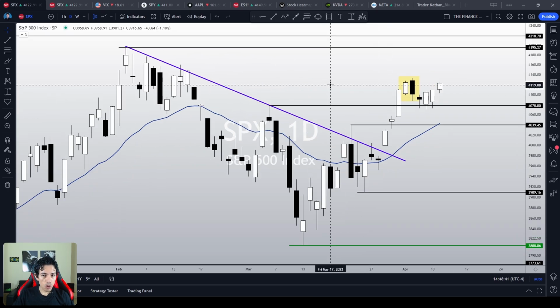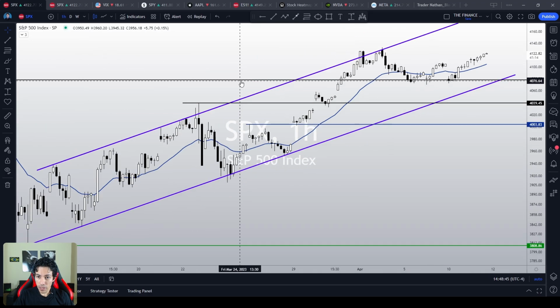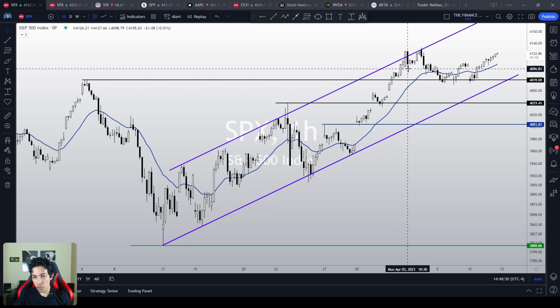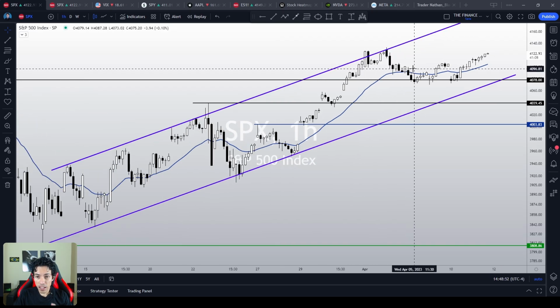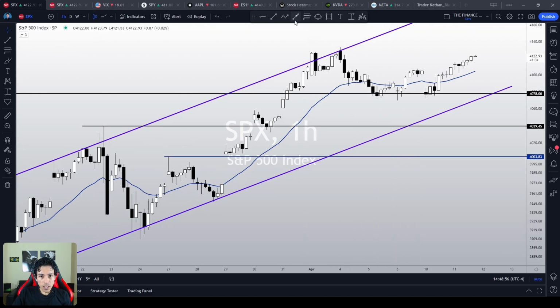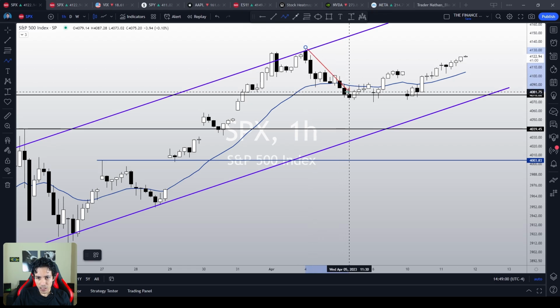So let's start our multiple time frame analysis over here looking at the S&P. The S&P is still inside an ascending channel in the 1 hour chart. It did find a support level at the 4078. In fact, it feels like it is trying to do a gigantic double bottom chart pattern or even triple bottom